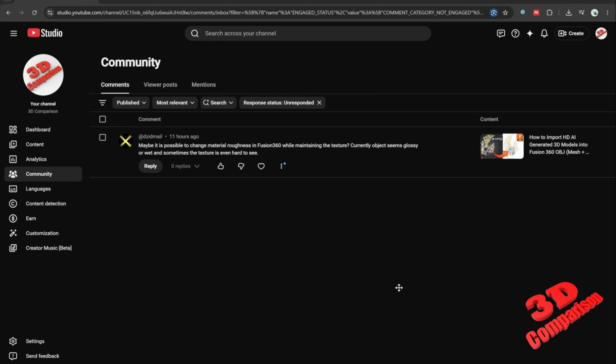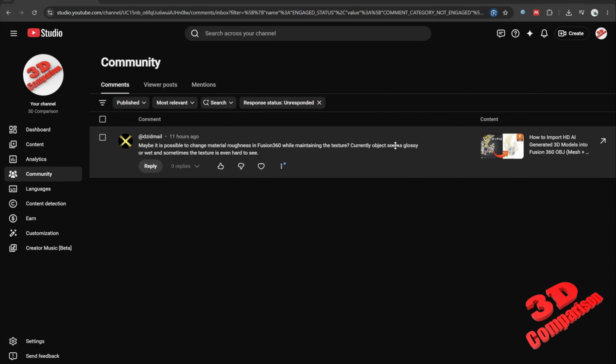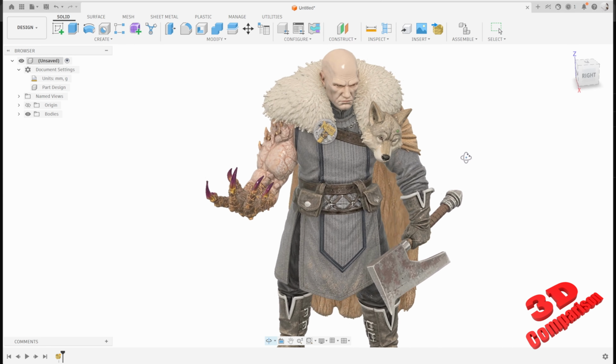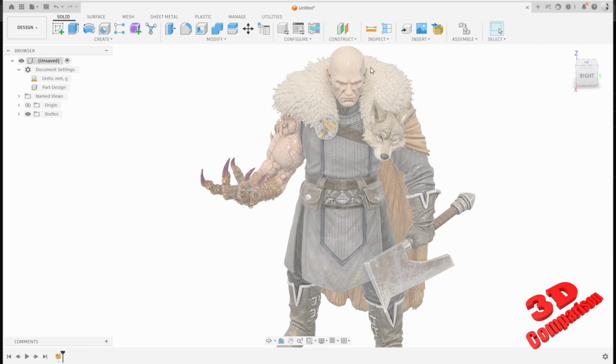Welcome to 3D comparison. Importing OBJ files with texture that were generated using generative AI within Fusion will have the following texture. We see over here that the objects seem glossy or wet, and sometimes the texture is hard to see. As you can see, this is a case study, and we do have those highlights on top